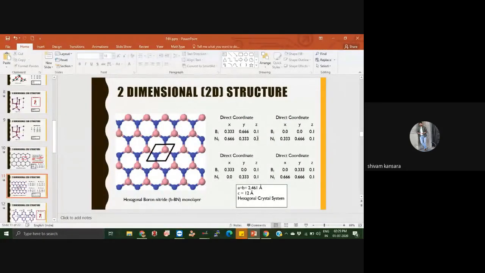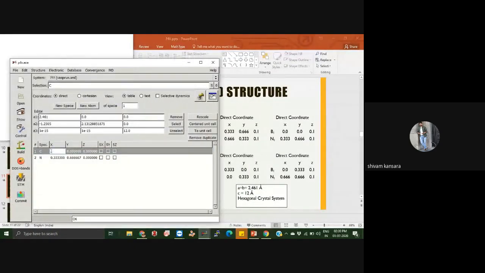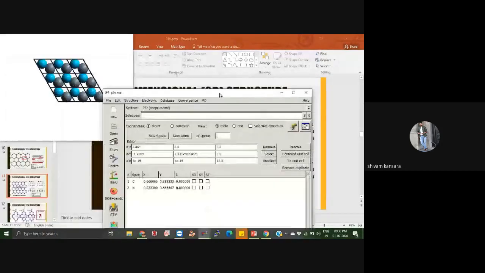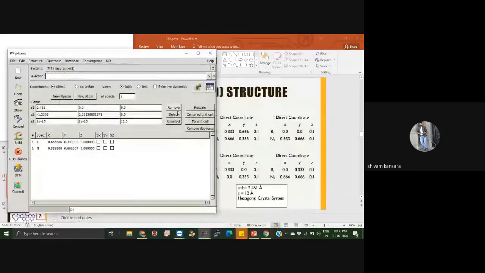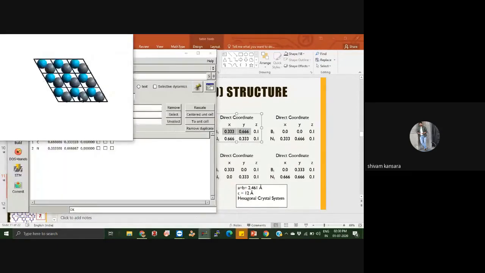So this is the first one which I have taken here. This one is 0 0, and the other atom is 0.33 and 0.66. Now we have another 3 atomic positions also. We can put here 0.666 and 0.333. Again the final system is already hexagonal. What I have done is 0.66 0.33 and 0.33 0.66, you can see here. So again a hexagonal structure.